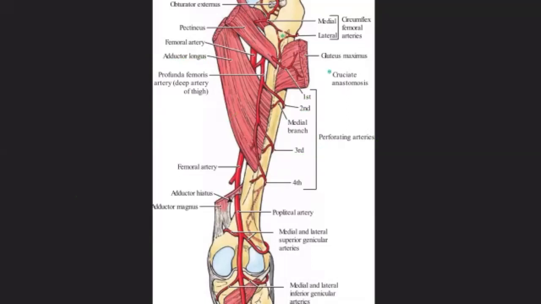Muscular branches: numerous muscular branches arise from the profunda femoris. Some end in the adductors, some pierce adductor magnus to supply the flexors, and anastomose with the medial circumflex and the superior muscular branches of the popliteal artery. The profunda femoris artery is thus the main supply of the thigh muscles. It is the supplier of the thigh.